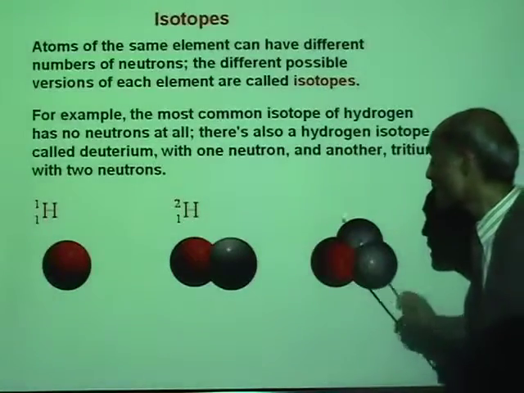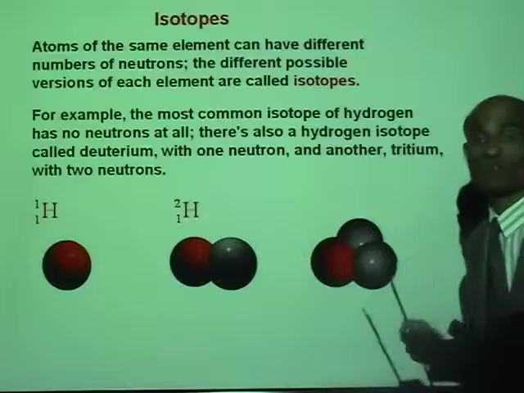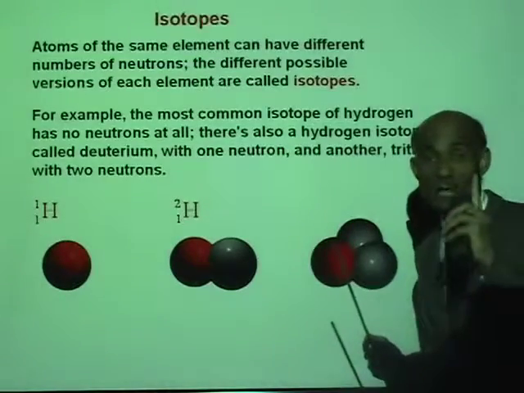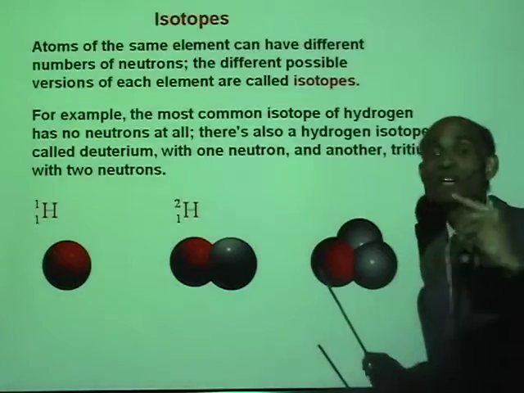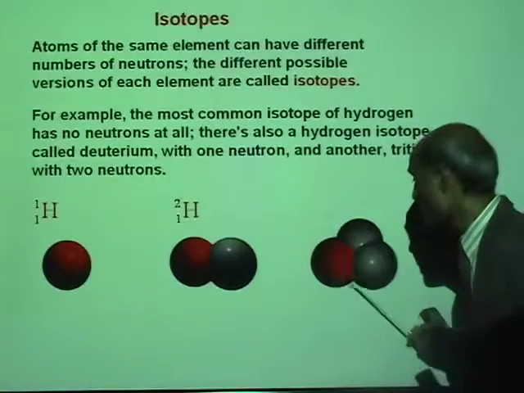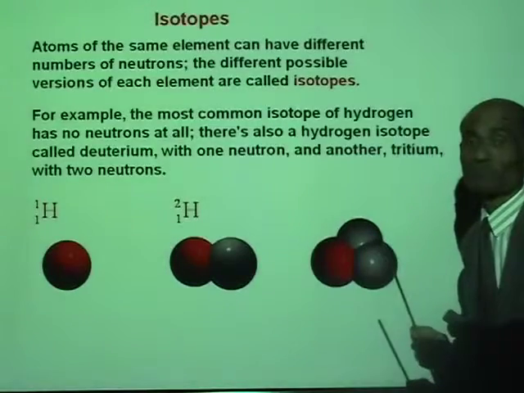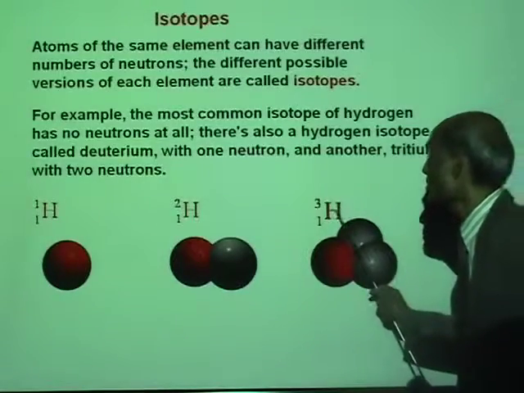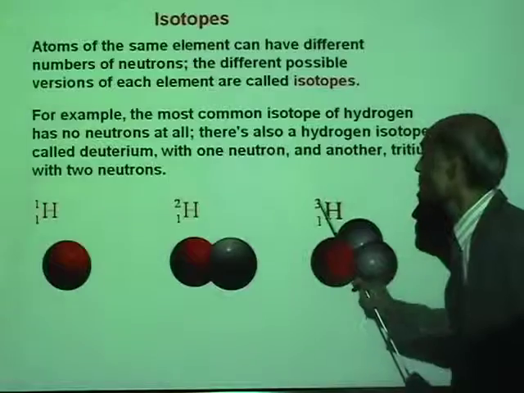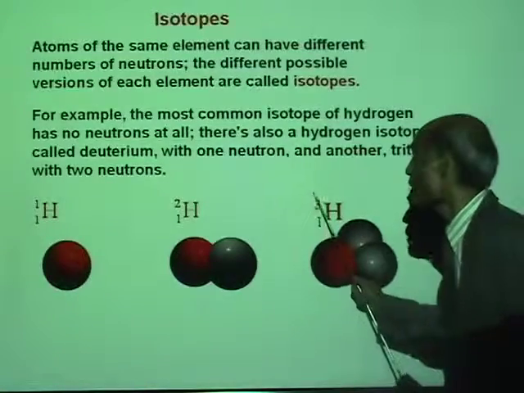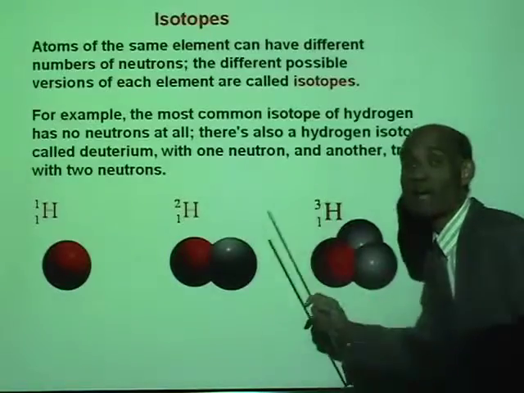And look at the third isotope of hydrogen. It's got one proton. As long as the number of protons is the same, it is hydrogen. It has one proton and two neutrons. And look at the way it's written. H13, one proton and two neutrons. The mass number is 1 plus